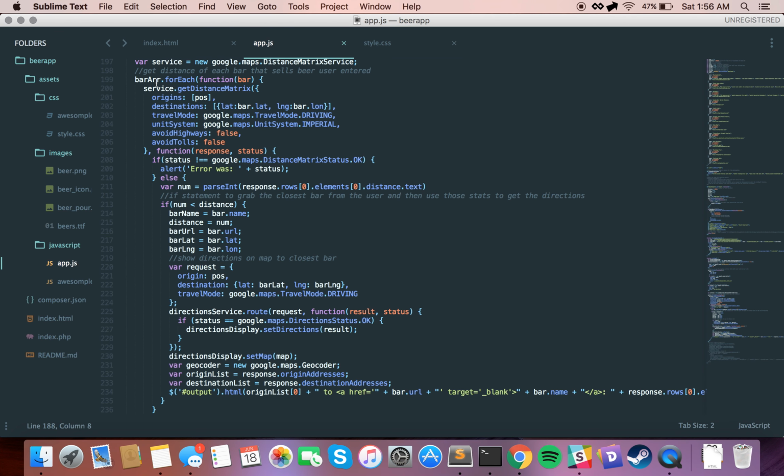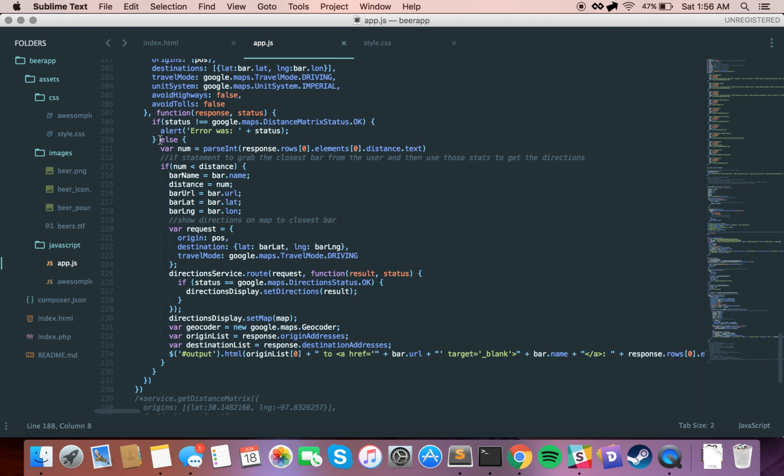So again, I'm using barR, so all the bars that sell the beer that the user searched for, and I'm essentially finding the distance the user is from each of those bars. I'm storing the distance of each of the bars into this variable called num, and if num is less than the distance, which I think we set to like 10,000, so hopefully the bar is less than 10,000 miles away, which all of these are, it'll start storing what the closest bar is to that user. There's probably a faster way to do this, but this is just what I could come up with in the little time that I had. And essentially all these variables right here, the bar name and distance and bar URL and all that,